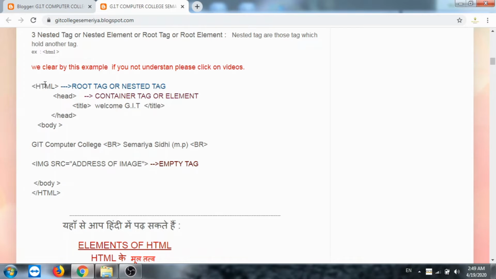Inside this HTML tag lots of tags are present. First one is head, second is body, third is image, fourth is break line, fifth is title: tag inside tag. So HTML is the root tag, because we start writing our HTML file with the HTML tag. So we call the HTML tag the root tag or nested tag.